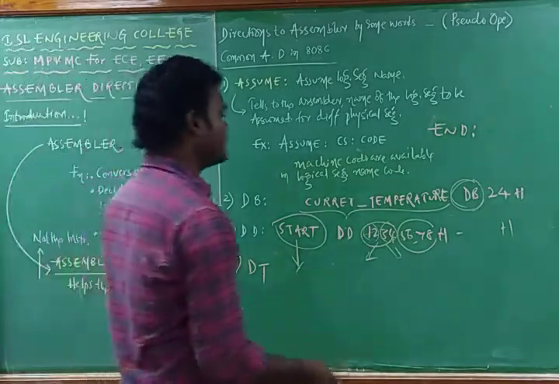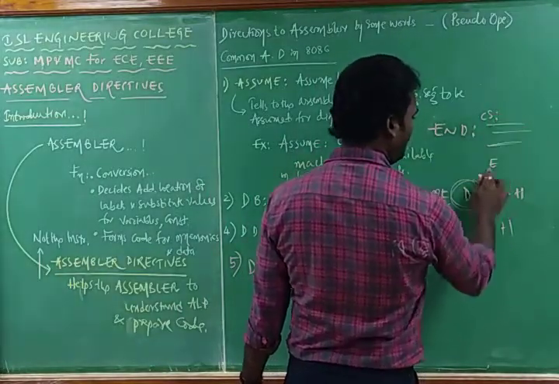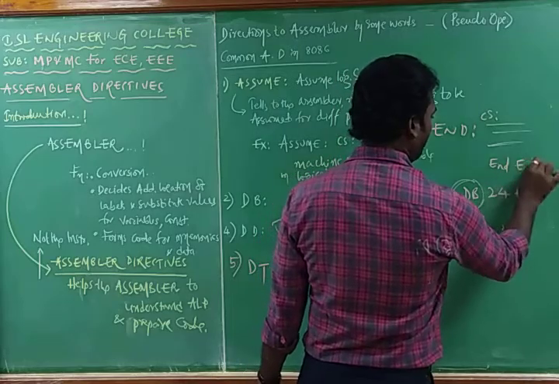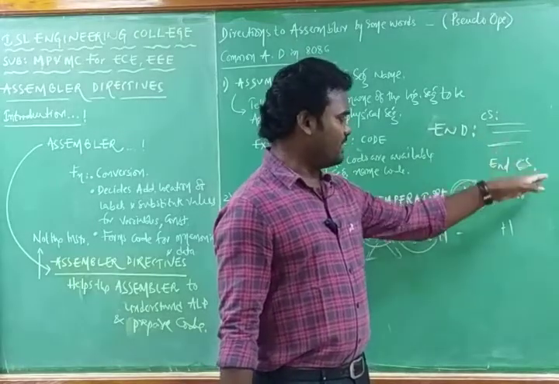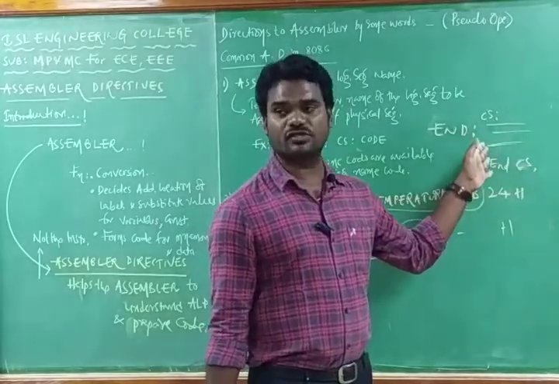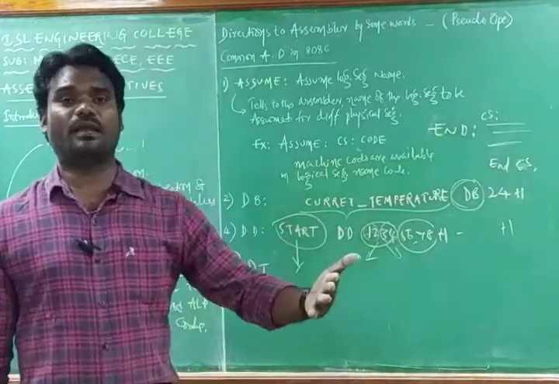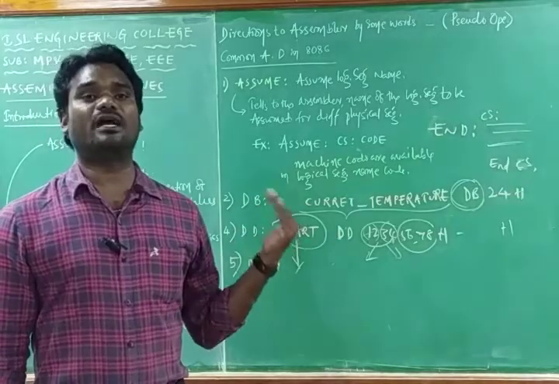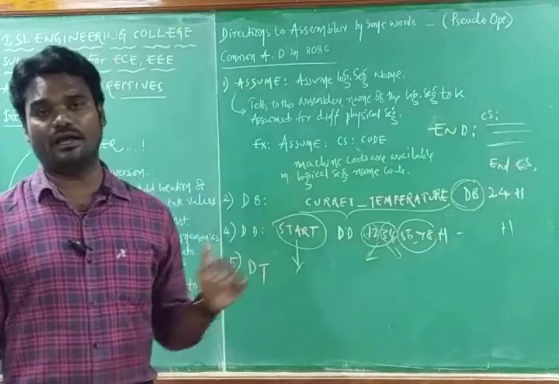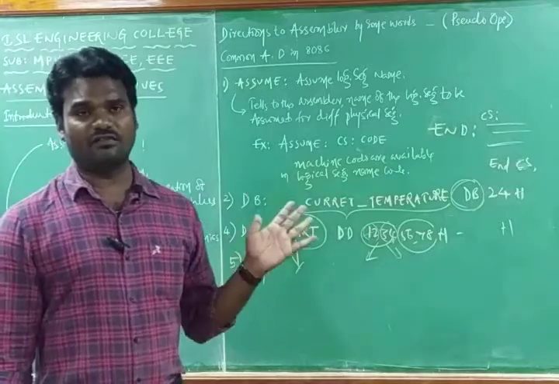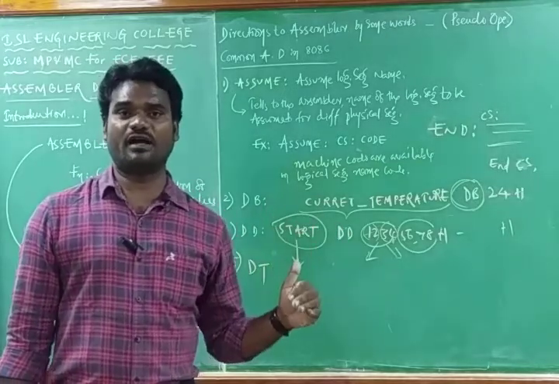We can go with an example. Some program is there, and if this program is written in a code segment, you should write that this is the end of the code segment. After this END assembler directive, if there is any instruction, it is not going to be executed. This is the assembler directive which tells the assembler that it is not going to convert the assembly text after the END directive into the machine language.